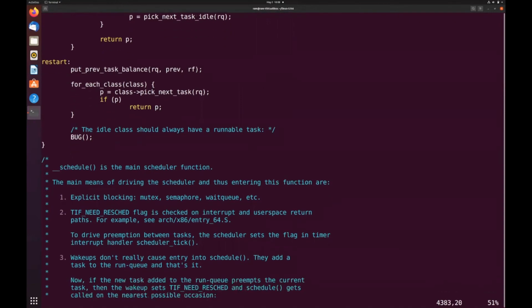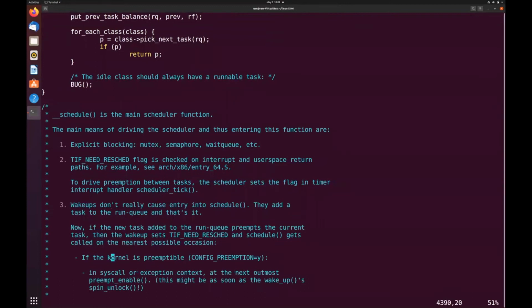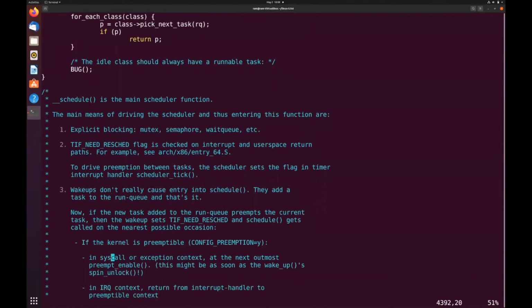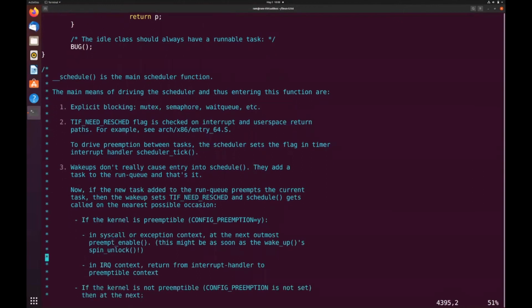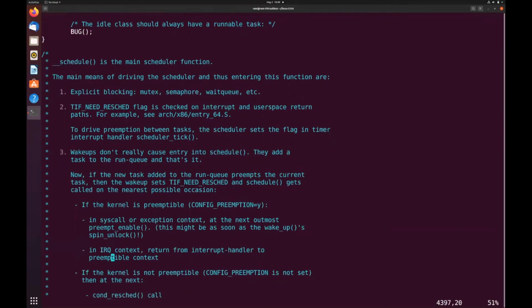And in the third point, it is saying that when we are waking up a sleeping process, then we don't call the schedule function. And here you can see that if the kernel is preemptible, then we call this function when we are in the system call or exception context, and we are enabling the preemption of the processes. Also, when we are returning from the interrupt handler, then we can call this function.